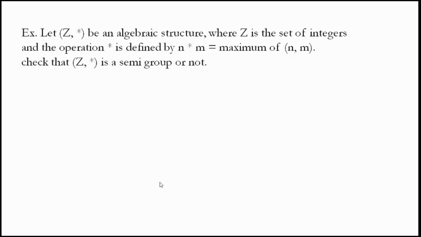That is (A star B) star C, which means the maximum of A, B, C. Whatever is the maximum, that is what you get. If you do it from the left side or from the right side, whatever it may be, you will get the maximum element. So by general comparison itself, you will come to know that it is associative.